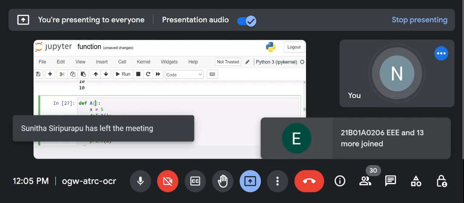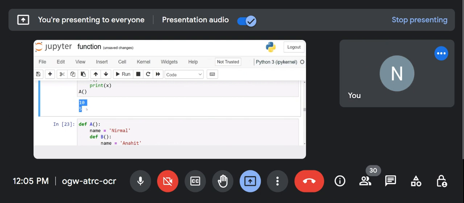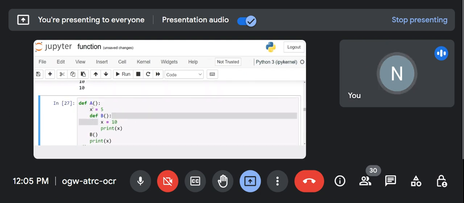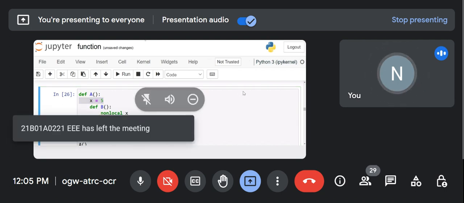The value of x in a is 5 and the value of x in b is 10, so it printed that. But here with nonlocal, if you update the value of x, it will impact the outer function also. All right, so